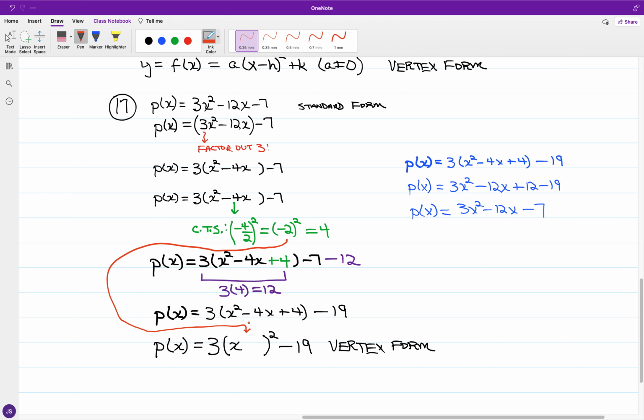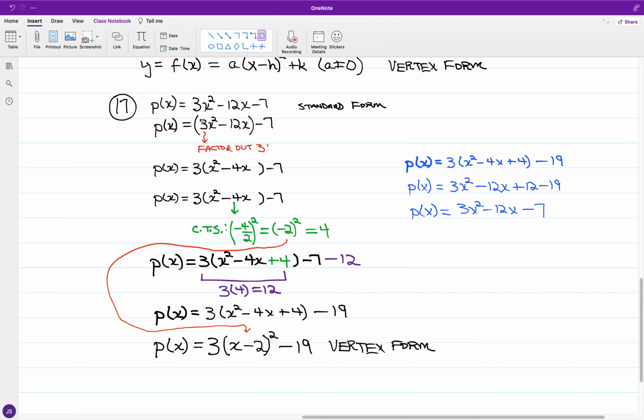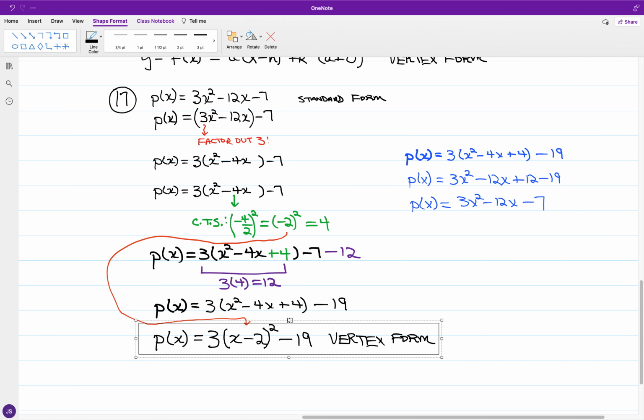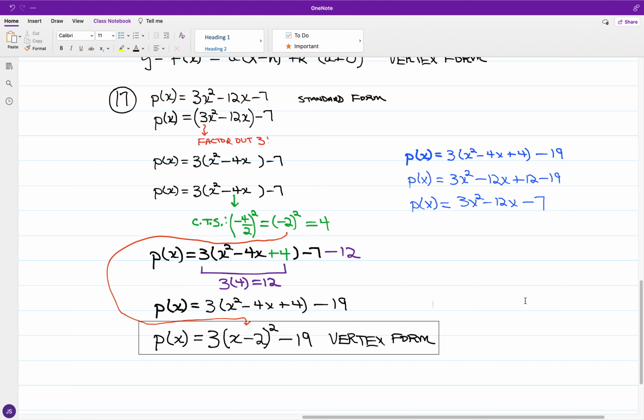So we have 3 times the square of x minus 2, followed by the subtraction of 19. Okay, so this is going to be the vertex form of what we have from the introduced standard form of this quadratic. All right. Now, for what we have in the case of number 20,